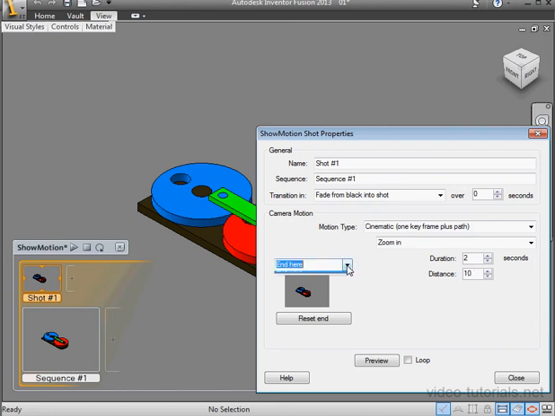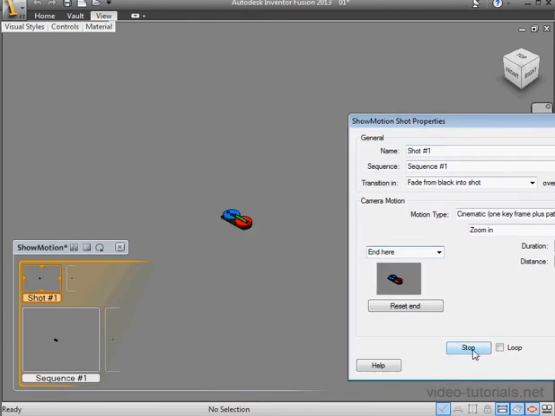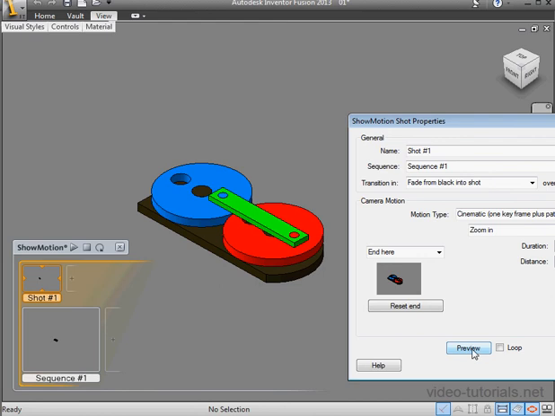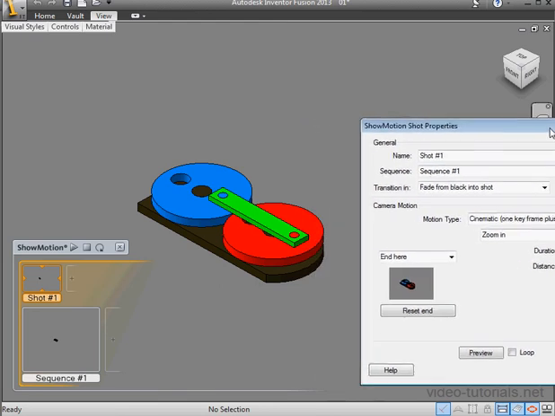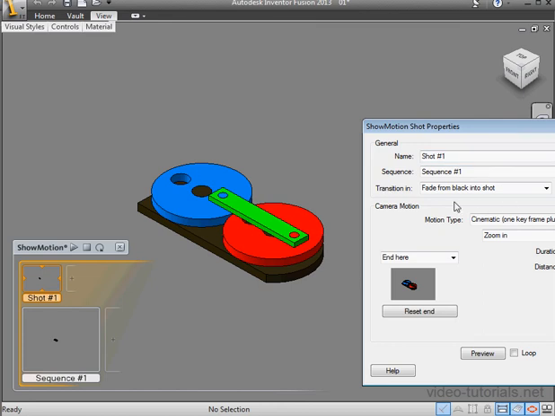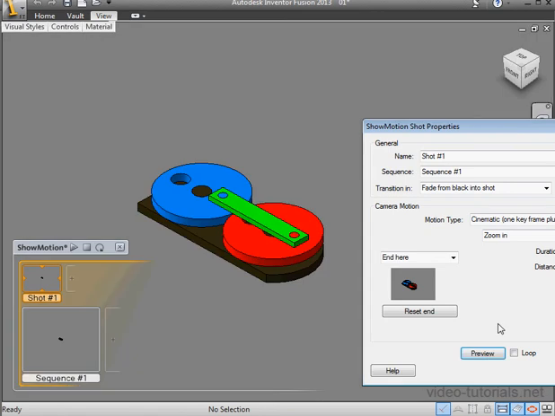Here's the position drop-down menu. Let's select End here. Now let's click Preview. Here's our zoom motion. Let's change the time duration to 1 second to see how the Fade into Shot option works. Let's click Preview. Here's the fade. Let's switch the transition, cut to shot, close,